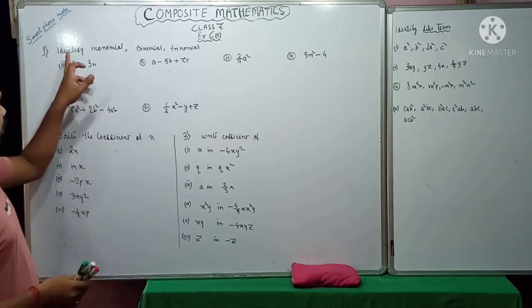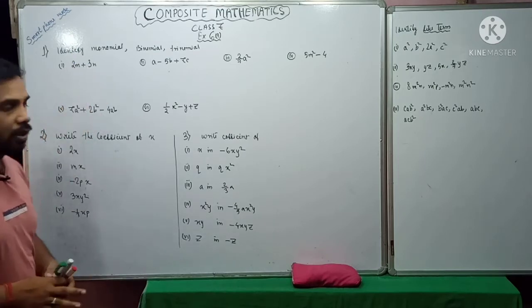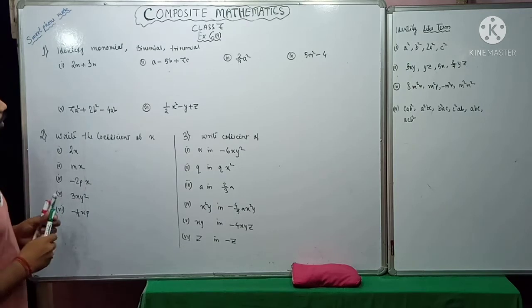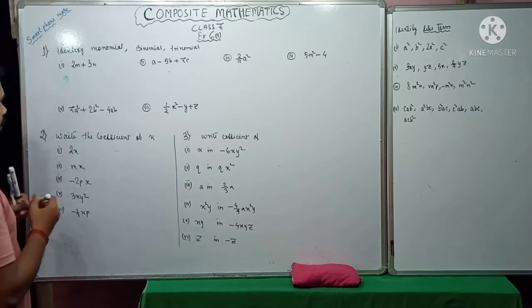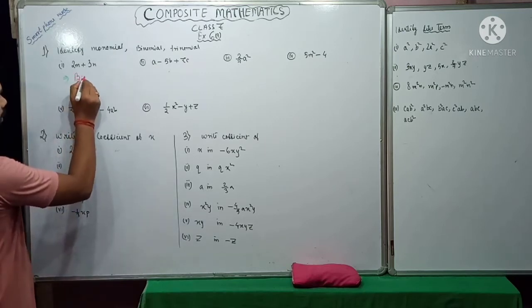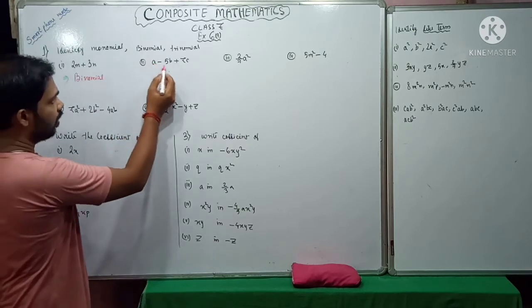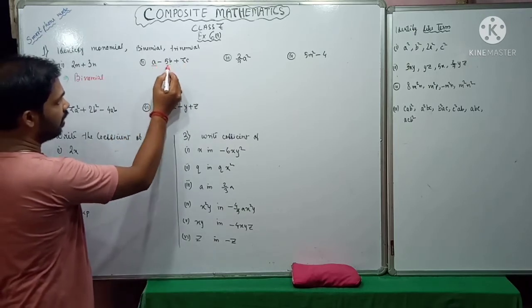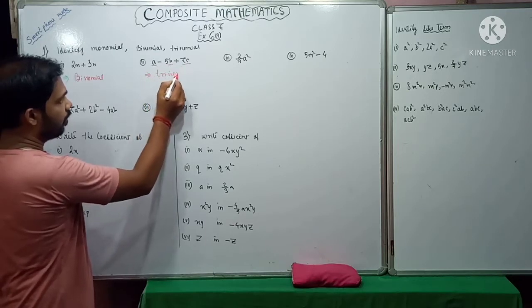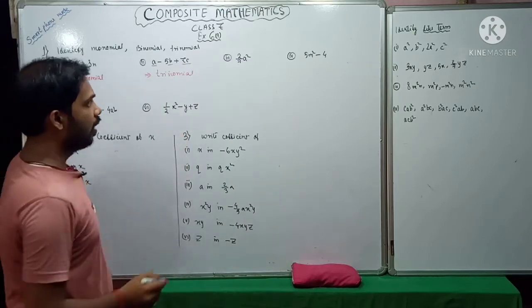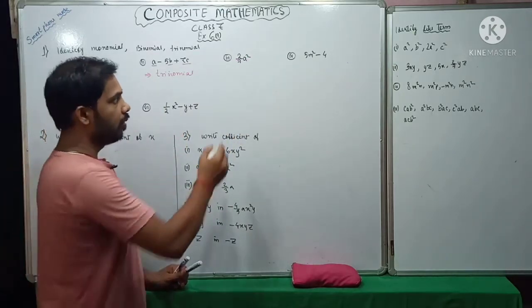See, our first one is given here, 2m is one term and 3m is one term. So how many terms are there? Two terms. So what will it be called? This will be called binomial. Now you see how many terms are there. This is one term, this is second term, this is third term. So it is three terms. Then what will it be called? It will be called trinomial. Now you see here no plus or minus sign. That means it is a single term and it will be called monomial.